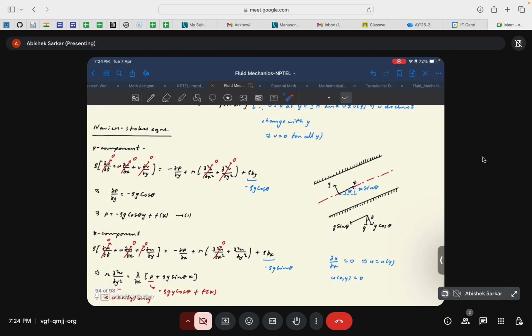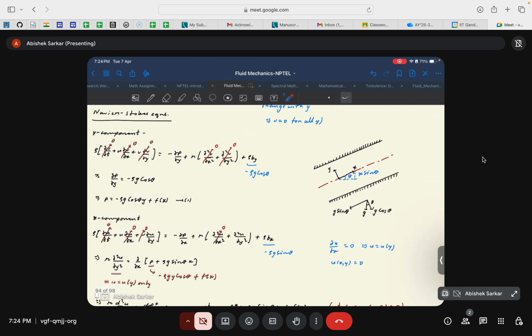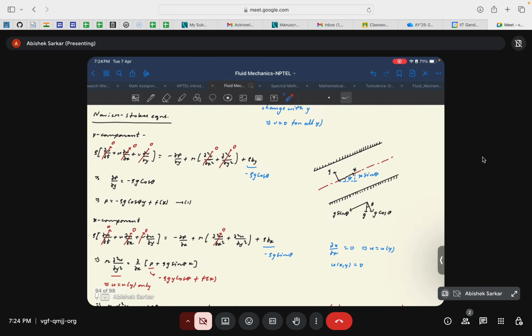So let's consider a generalized case. Again, many textbooks just consider a simple case where the two parallel plates are kept horizontally, but let us consider a case where it is kept at an angle theta. Let us see what happens, but you will eventually end up with the same equation. So let us consider first the y momentum conservation equation. The trick is that